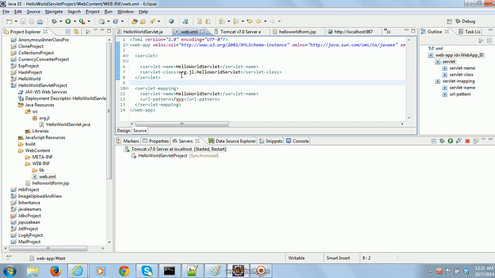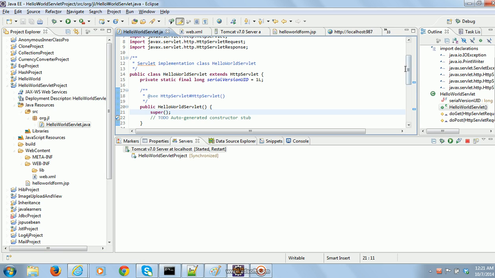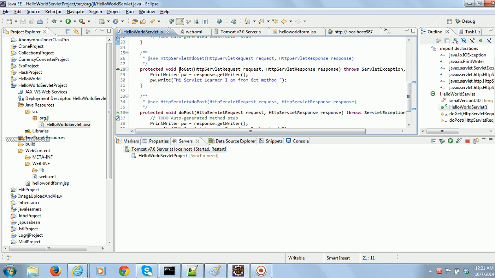Okay, then it understands that the request should be sent to the hello world servlet. Then if you see the hello world servlet, doGet and doPost receive the arguments request and response, which are of type HttpServletRequest and HttpServletResponse. But if you